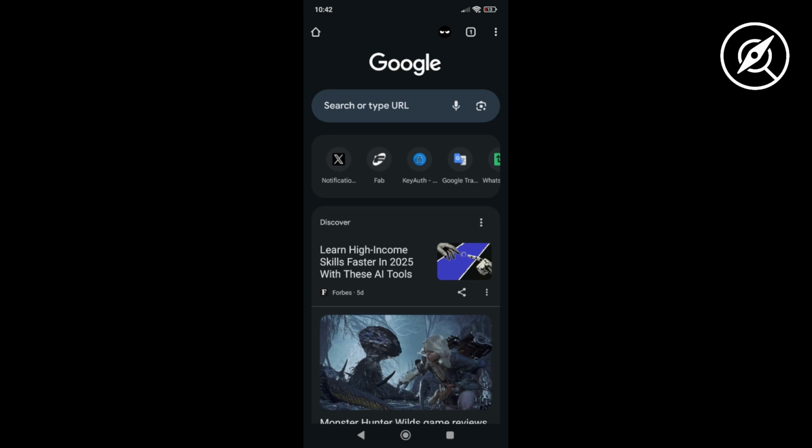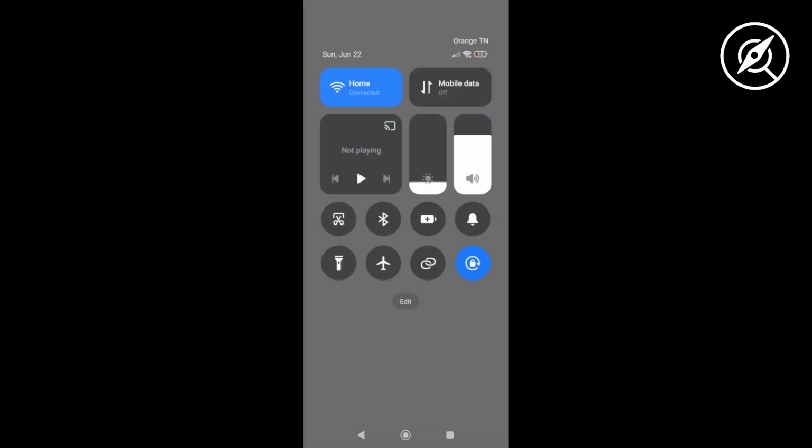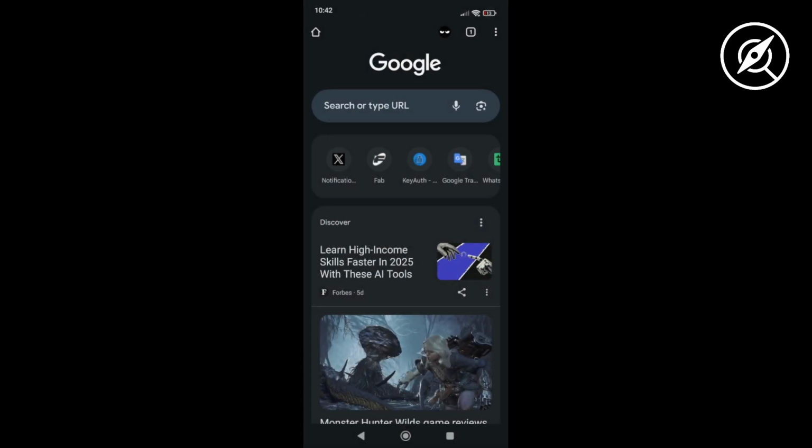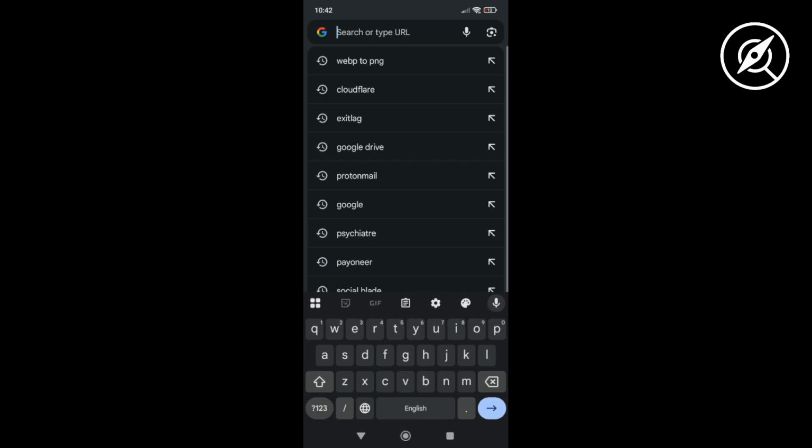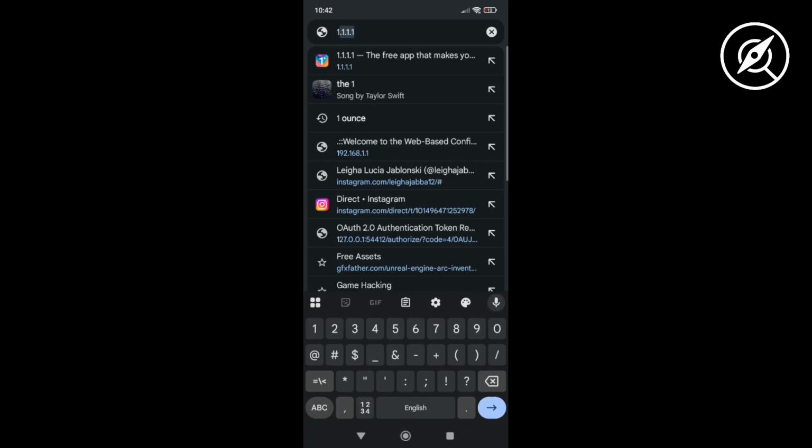So here's how to fix public Wi-Fi login page is not showing up on your mobile device. First, you've got to make sure that you're connected to the network that you're trying to bring up the login page for, for example, this home Wi-Fi. And then you want to open your browser and type the following IP, which is